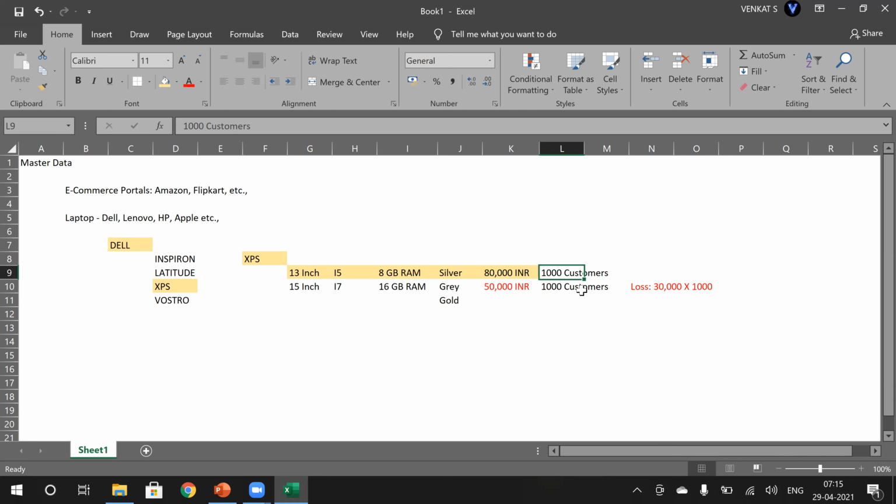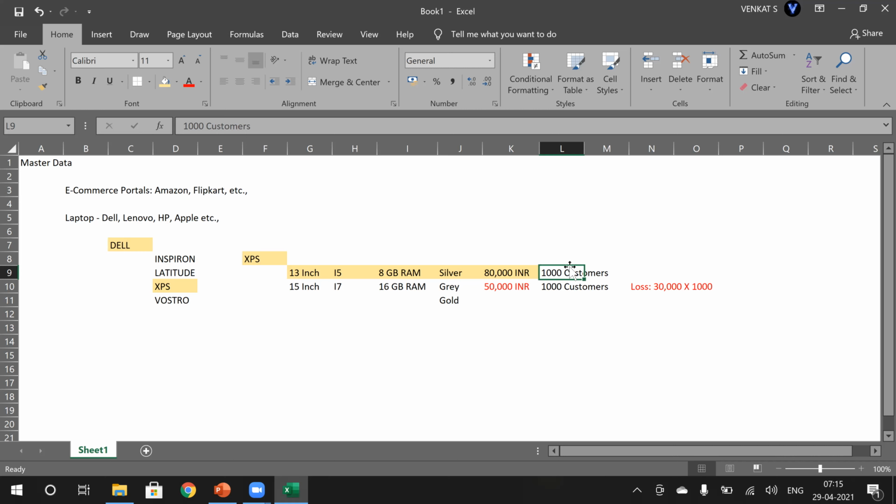That would have who has purchased, the customer details, customer name, address, telephone number, and so on, and the transaction ID, transaction date, delivery address, and billing address. All those details will be maintained as transactional data.